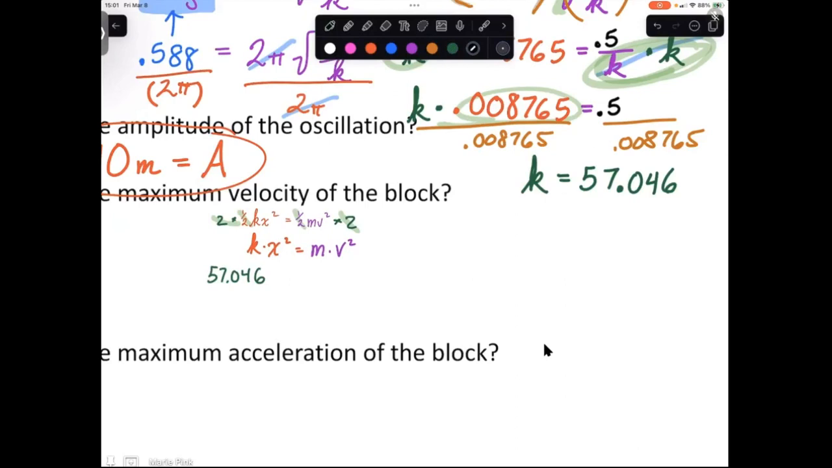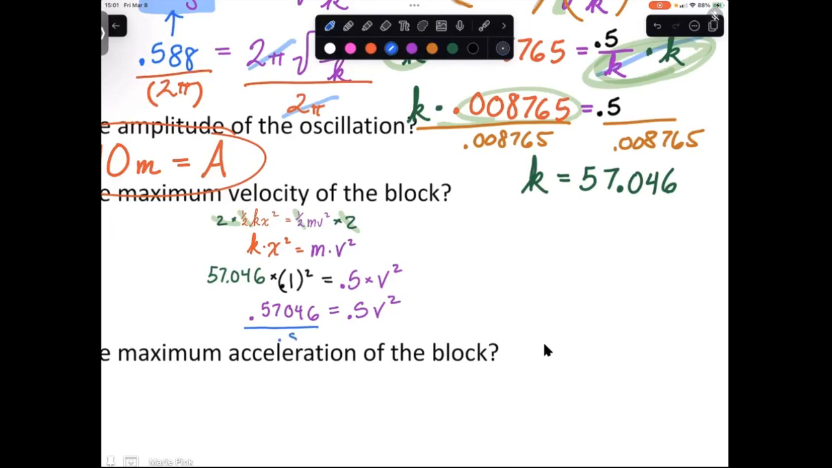57.046. Our x is our amplitude, that's 0.1. Don't forget to square it. That's because that's the maximum distance that it was stretched, so that's the x that we use. And then mass was 0.5, and our velocity is what we're trying to figure out. So then I go ahead and put this in my calculator, and I get